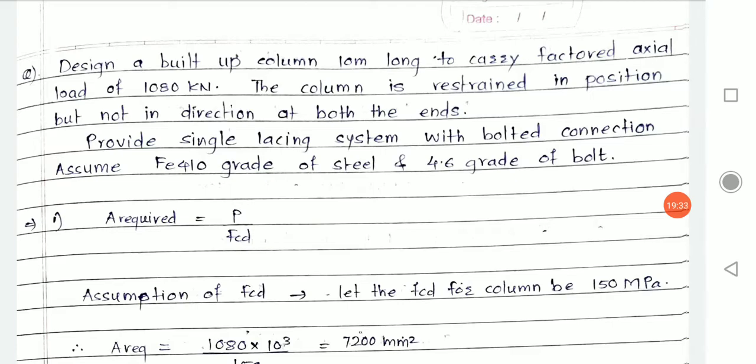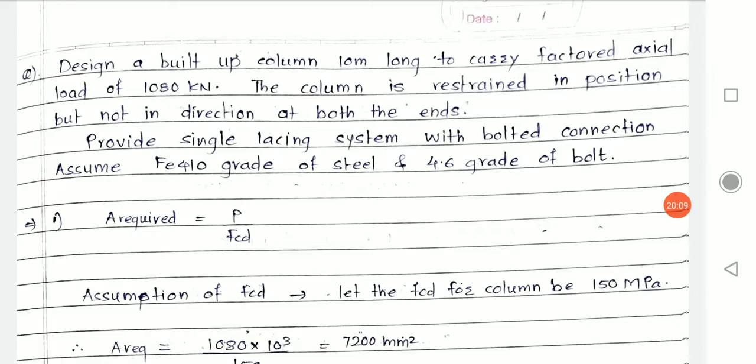that is a hinge kind of situation. So both the ends are hinged in this column, and it is carrying 1080 kilonewton loading, right? So you can see the difference. When we were designing a single rolled section as a column, at that time the maximum load was 500 kilonewton or up to 600, 700 kilonewton, but here more than 1000 kilonewton load is coming across our section, and that's why we need to design two sections as a built-up column.